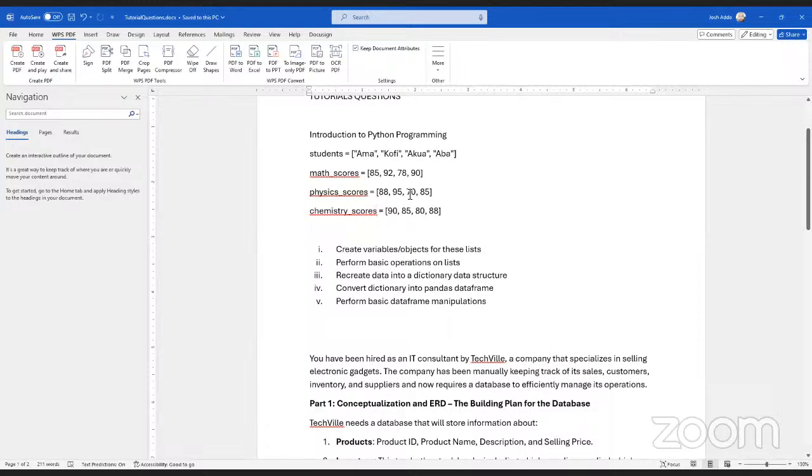We'll also look at how you can convert this current data form in variables, list variables. So we have a variable called students storing a list of students, a variable called math scores storing a list of math scores, a variable called physics scores storing a list of physics scores, and so on. We will also want to see a more appropriate way of storing such a data structure. Well, this is one of the ways you can store it, but there can be a better way.